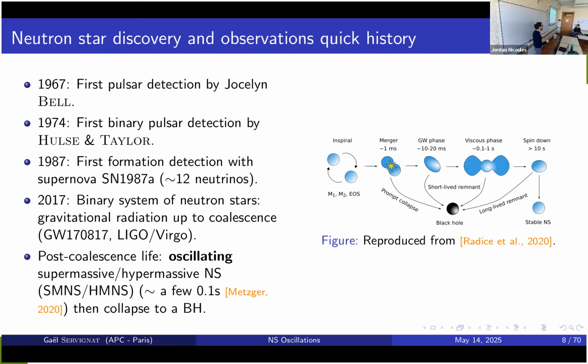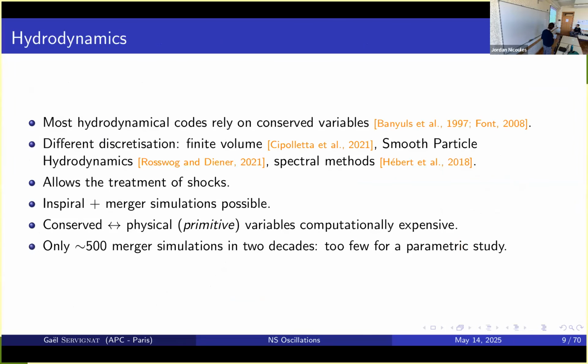And once again, the NBK does not do this, and this is the point of future detectors like Einstein Telescope or Cosmic Explorer, which are respectively European and American projects. Right, so we want to do hydrodynamics to be able to predict this. And actually, in the last 2 or 3 decades, people have been doing a lot of hydrodynamics for supernovae and neutron star oscillations.